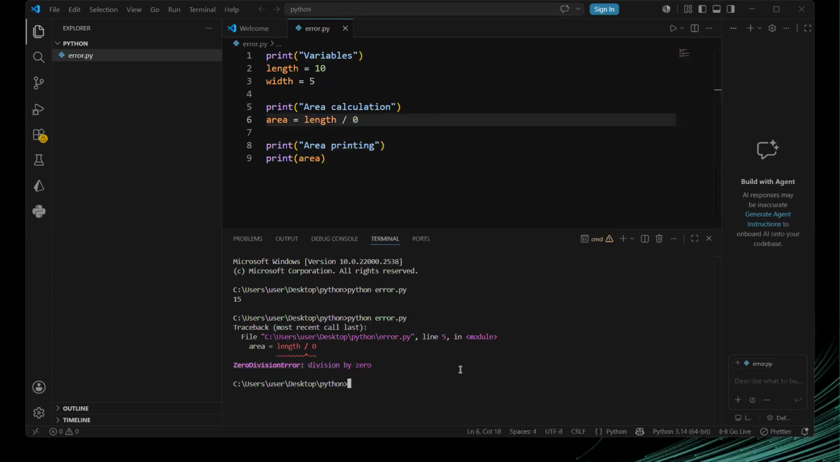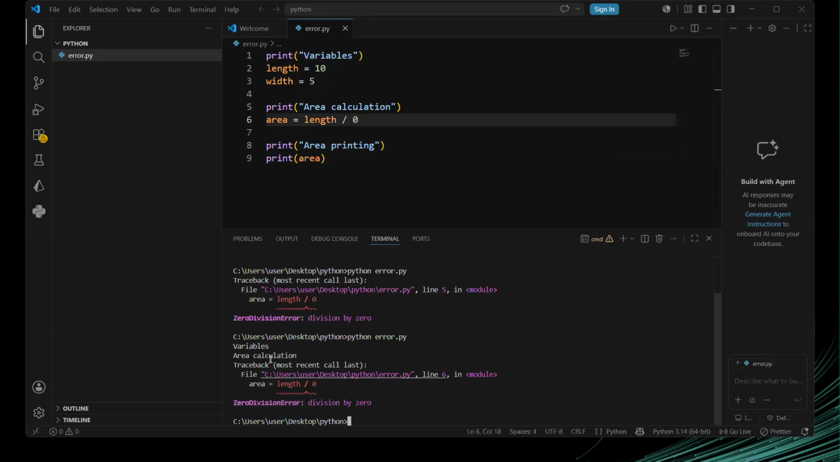So if I go on now to run this again, you will see that it printed out variables, and then it printed out area calculation, but it didn't get here. So you can now know that this thing happened around here. Immediately, it happened in the area calculation. So that is where it happened. So this will also help you. But you could give these things